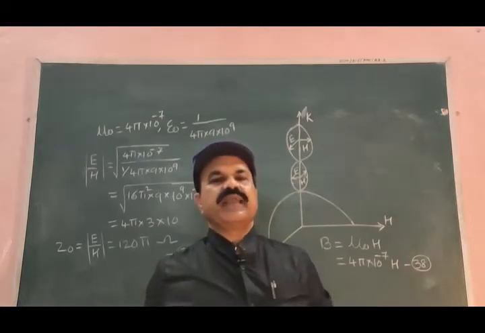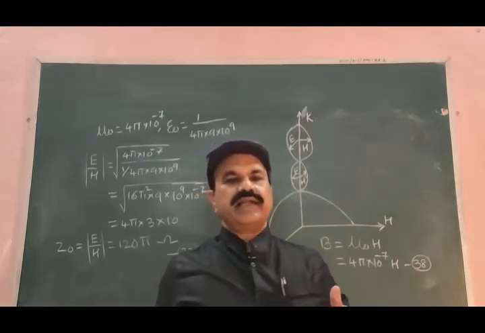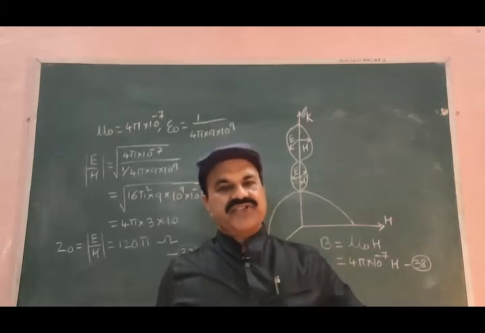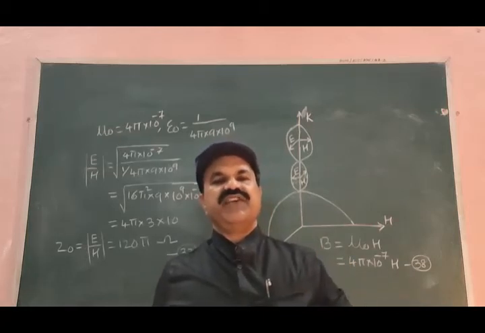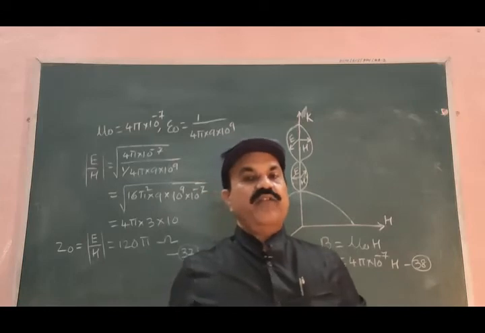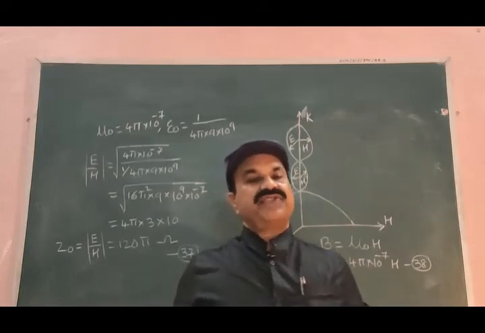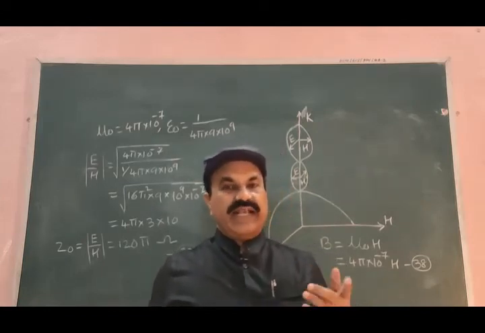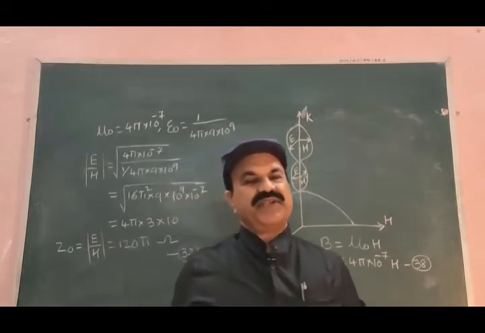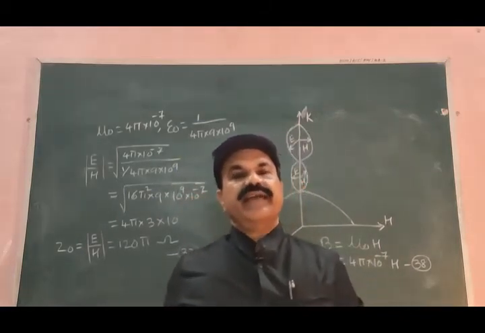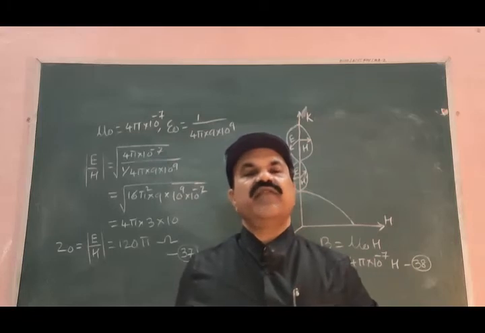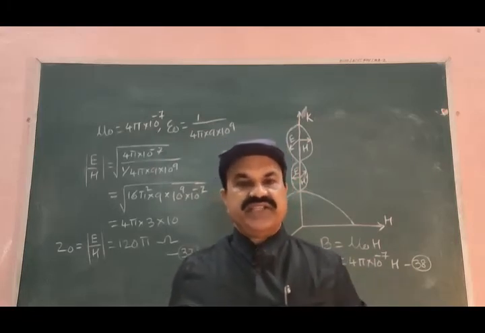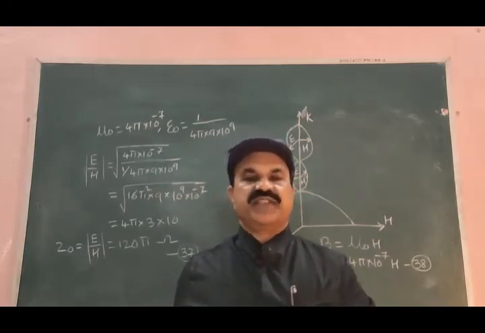After that, we wanted to find the electromagnetic equation for the plane electromagnetic wave in free space, and therefore we have to write Maxwell equations for free space. For writing Maxwell's equations for free space, we have to modify the equations we wrote earlier for B, D, J and rho for free space.